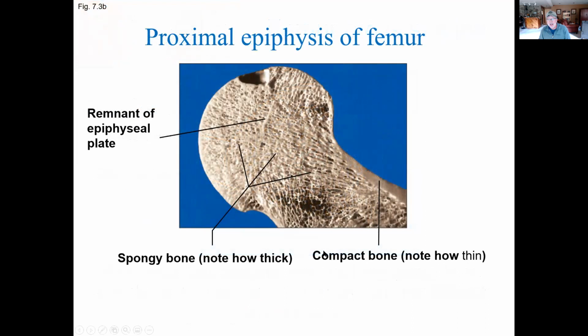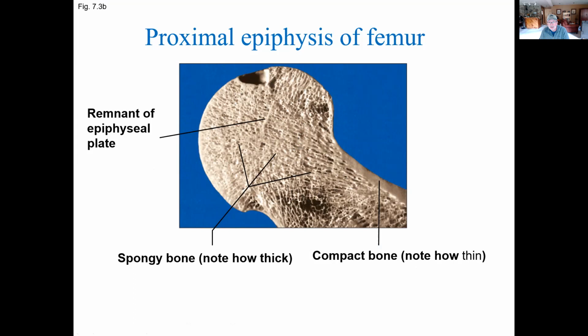Here we're looking at a cross-section, or actually a longitudinal section, of the proximal end of the femur. This would be near, again, the hip joint. Note that the articular cartilage has been dissolved away. This is, again, from a skeleton, as has the periosteum. All this is really trying to point out is the extensive extent of spongy bone here